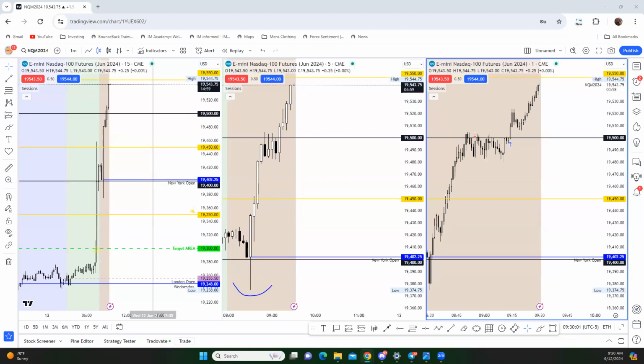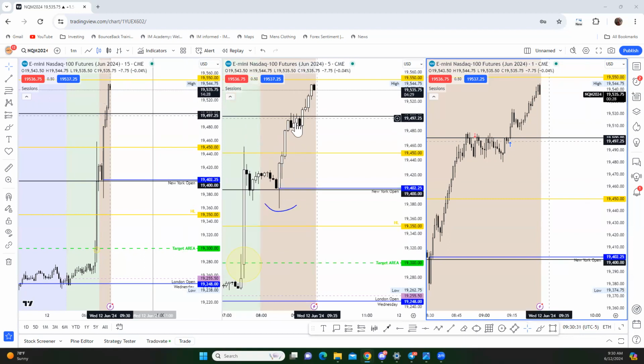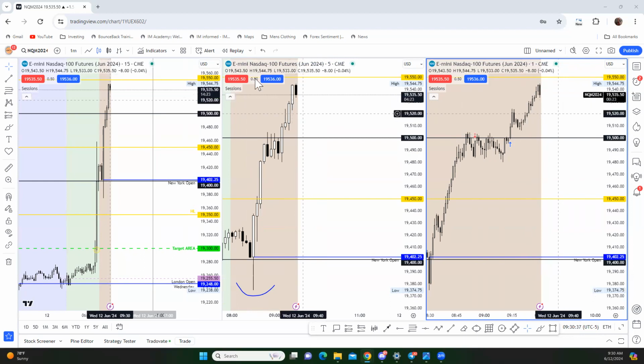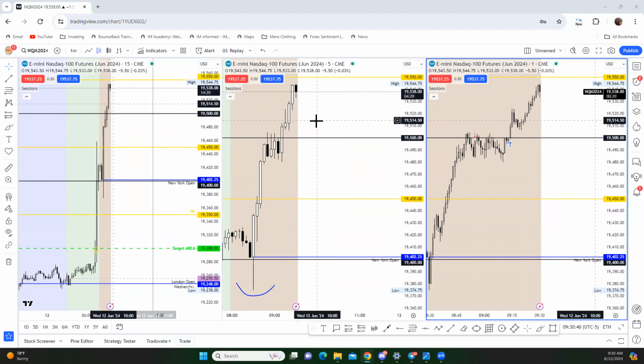Wow, so we're still rallying. Wow, we just went up another level. Okay, so this is kind of the area, the half level I can anticipate maybe. I mean, we went up 150 points since New York Open. We have a 5 minute reference point candle, so we can get a close below it. Maybe we'll take one more trade in this area.